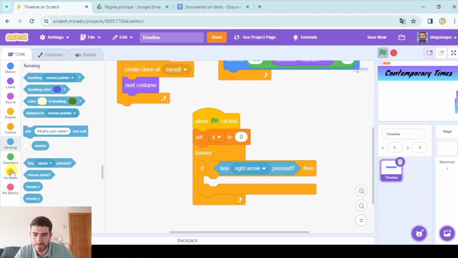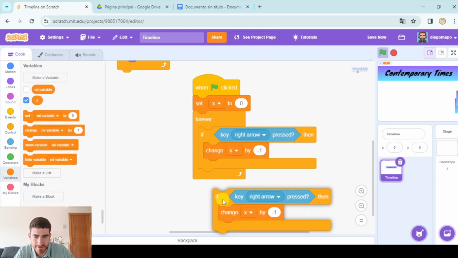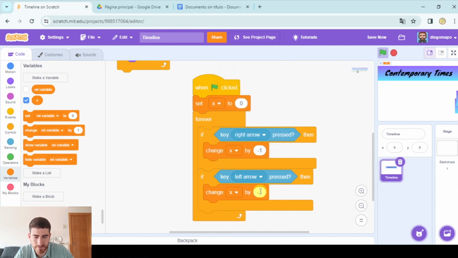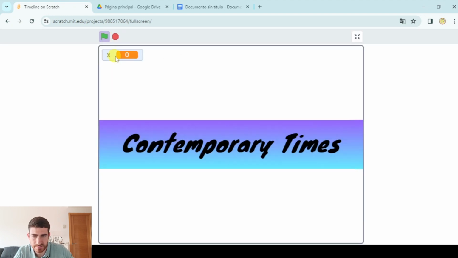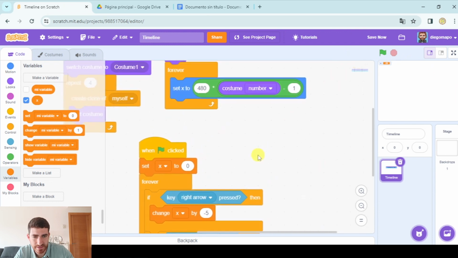So if we want them to move to the left, we're going to change X by -1. Likewise, when we press left arrow, they're going to move to the right. If you want a faster movement, let's put a 5 here and a -5 here. So you will see that this variable changes when I press right and left,